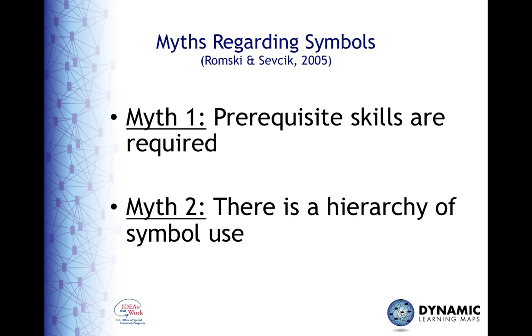Symbols are an important part of communication for individuals who can't use speech to meet their face-to-face communication needs. Historically, we thought there were certain prerequisite skills required before we could begin using symbols with students with significant cognitive disabilities. For example, we believed that there were certain receptive language or receptive vocabulary skills required. We also thought that there were cognitive prerequisites that laid the groundwork for learning how symbols could be used to